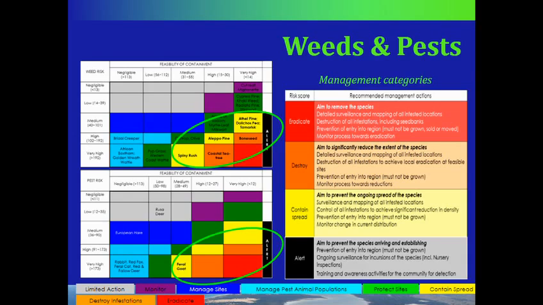Summarising all that, there were 7 weed species that fell into those 3 top categories, and 1 feral goat, 1 animal pest species that was deemed feasible to control. We had to mitigate people saying, oh, there's only 1 population or 1 infestation of this weed or this pest, but through this approach they were involved to start with, and they could see the logic about how we came to decide on which species to target. And throughout the other components of the plan, just because a species didn't fall out on these lists didn't mean that it wasn't feasible or wasn't important to control through other components of the plan.